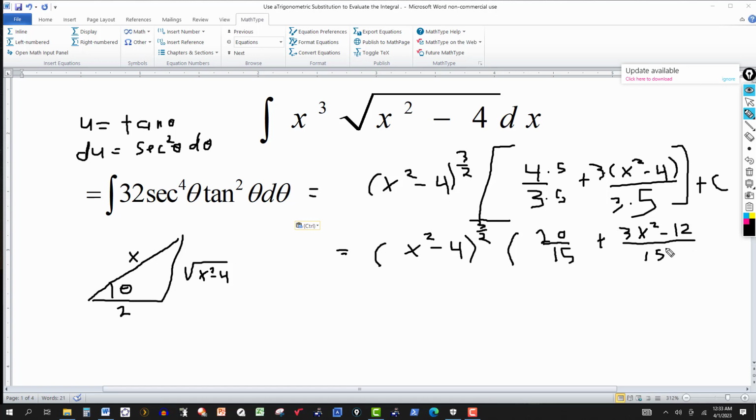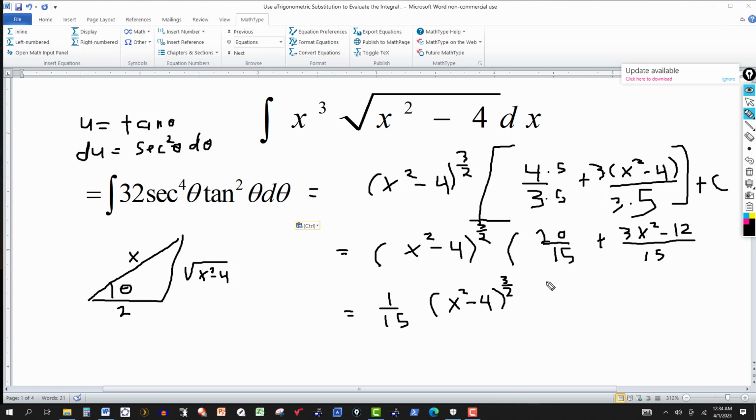So then I can combine these 20 and minus 12. That'll combine to 20 over 15 plus this expression here. I've got the same denominator, so I could add the 20 and the minus 12 plus 8. And then I'm going to factor out the 1 over 15. So the answer in the back, at least in our textbook, looks like this: 1 over 15 times x squared minus 4